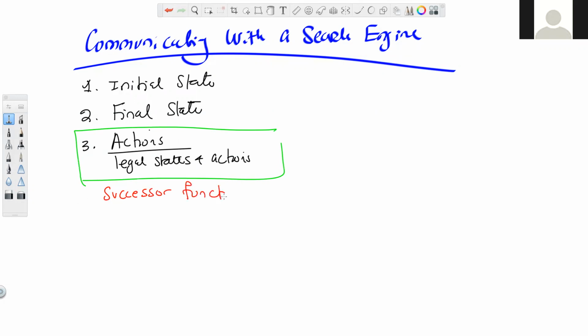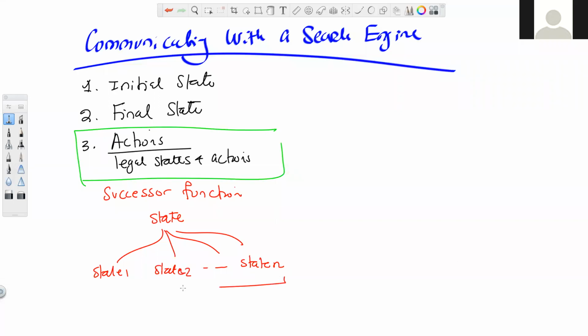What is that? This is a function where you give it a state and it will give you back a bunch of states. State 1, state 2, state n. So it's a mapping. You give it a state and it gives you back this list. And with the guarantee